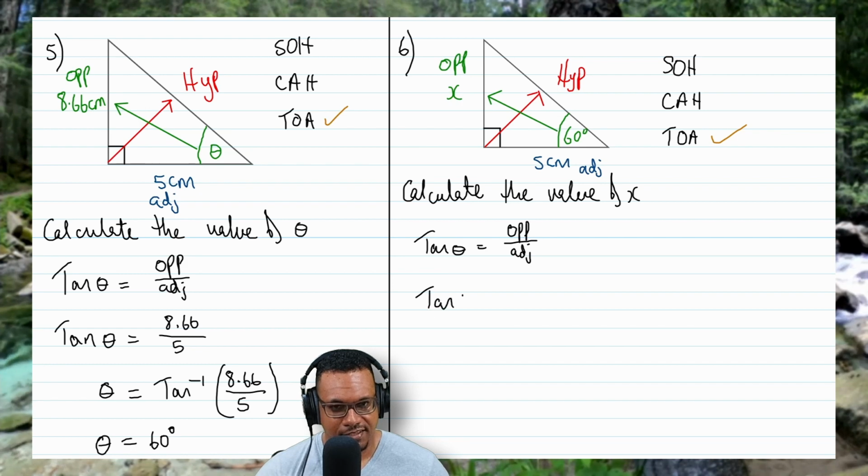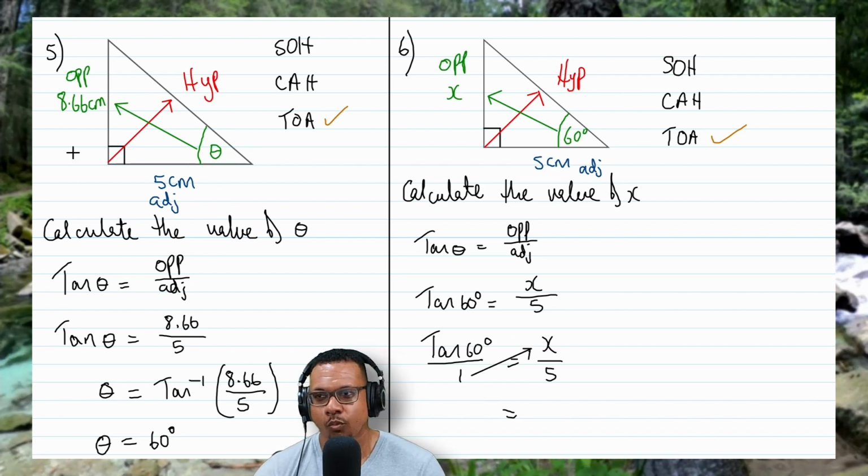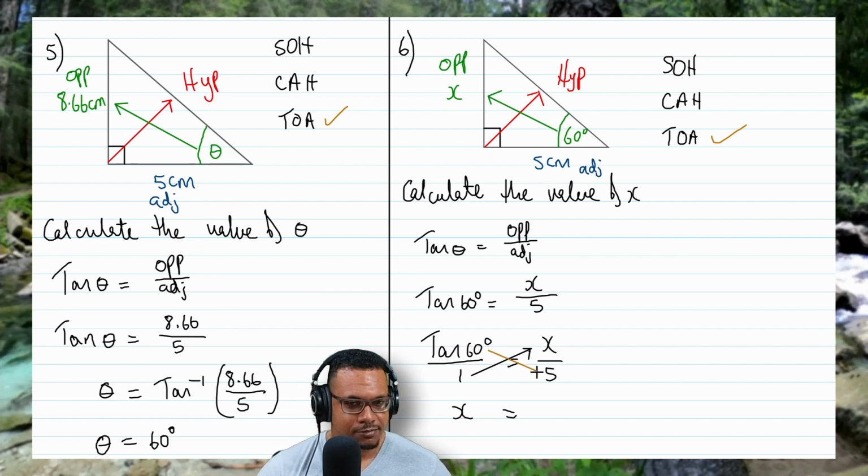So tan theta, that's tan 60 degrees, is equal to the opposite, which is x, over the adjacent, which is 5. I'm going to put this tan 60 degrees over 1, so I can cross multiply. So when I multiply 1 by x, I'm going to get x. 1x is the same as x. And when I multiply this tan 60 degrees by 5, I will get 5 times tan 60 degrees, and I write that as 5 tan 60 degrees. So x is equal to,